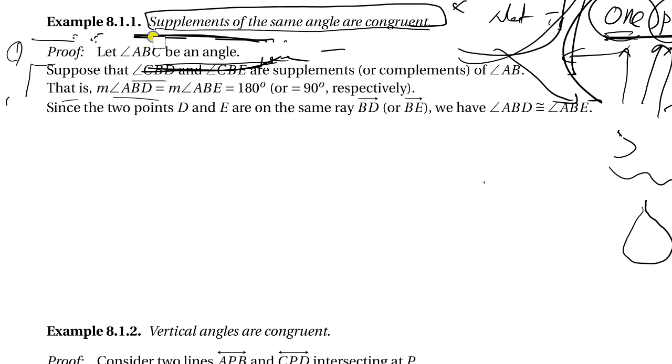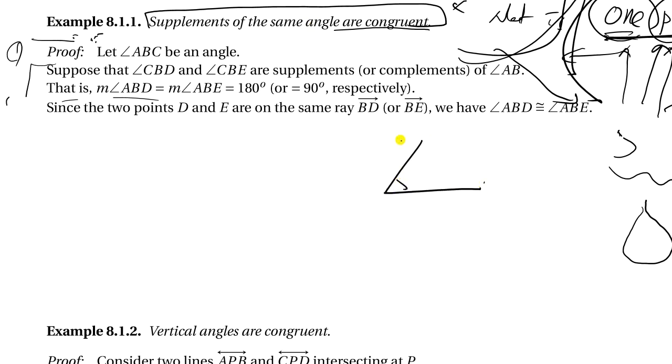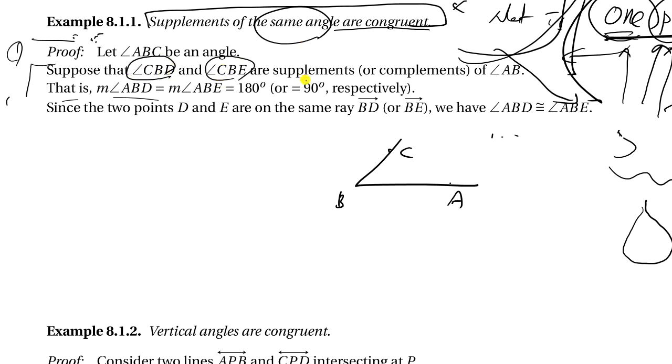But let's look at here. Let's prove that supplements of the same angle are congruent. What is the meaning of supplement? Two angles are supplements means that when you add these two angles together, it becomes 180 degrees, right? So let's prove that. Let's say angle ABC is a given angle, the same angle. And for its supplement, CBD and CBE, we are talking about two different angles, and we are claiming they